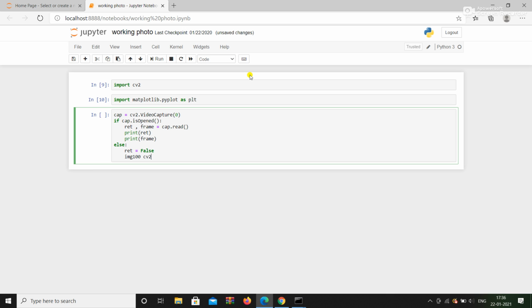cv2.cvtColor, where C is capital, with frame in brackets, and cv2.COLOR_BGR2RGB. Why do we type this? We are interested in color because the computer understands all colors. Mostly color is blue, green, red, which is what BGR stands for.